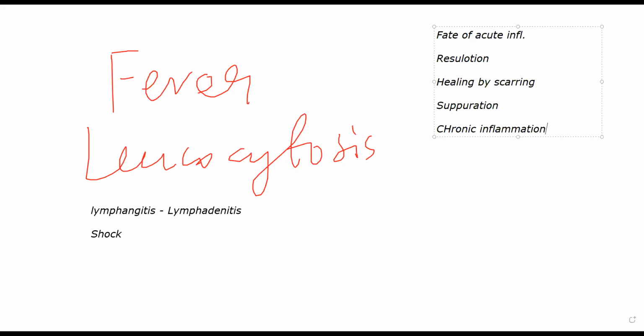या तो the acute inflammation is completely resolved and the tissue goes back to normalcy, या फिर the tissue is severely damaged wherein there needs to be collagen getting involved in the repair, and it will not be regeneration anymore, it will be repair now, wherein scarring is occurring. अगर वो भी नहीं, उससे ज्यादा सिवियर हो रहा तो suppuration होता है where abscesses are being formed and pus is getting collected. If even after suppuration the causative agent persists, that is when chronic inflammation occurs. Okay.